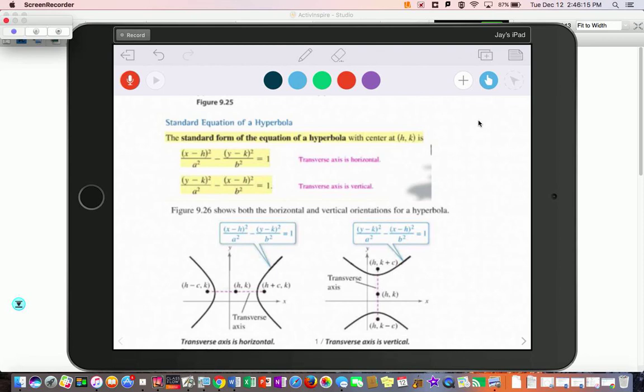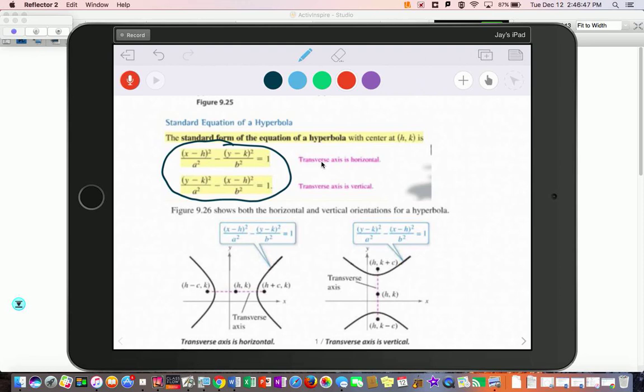So the standard forms are these things. But notice that a squared is always just first now. What's happening is there's a negative term in the hyperbola, so we always put the positive first, negative second. Instead of looking for the largest denominator, we just look for what's first. And that will tell us the